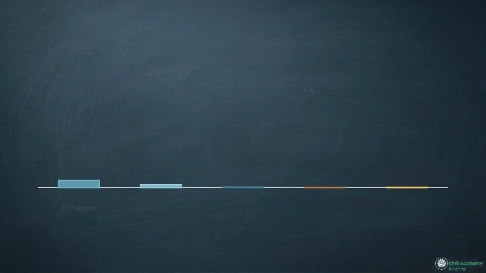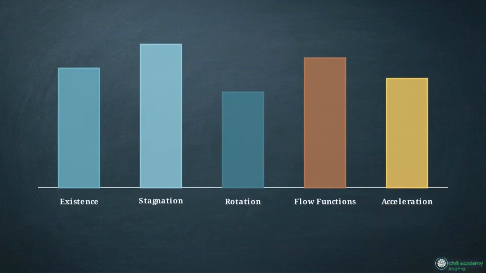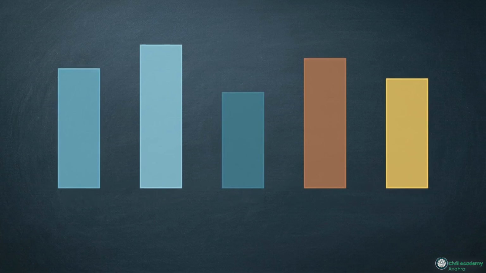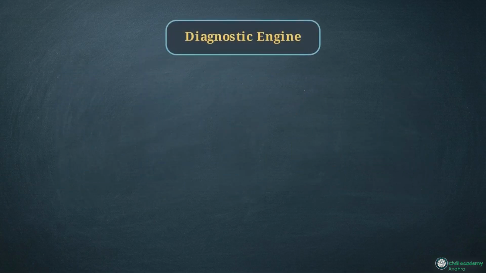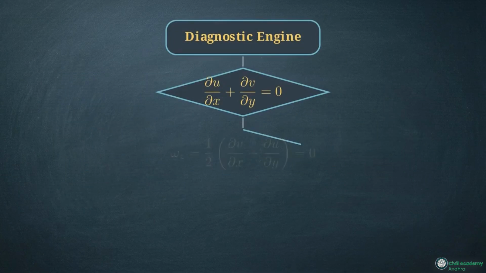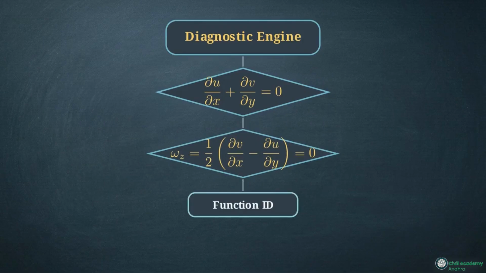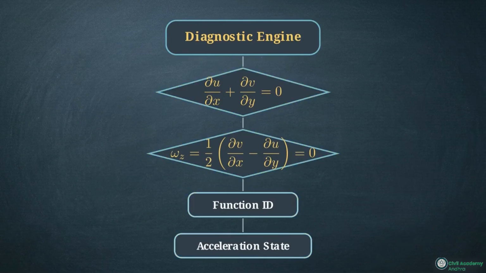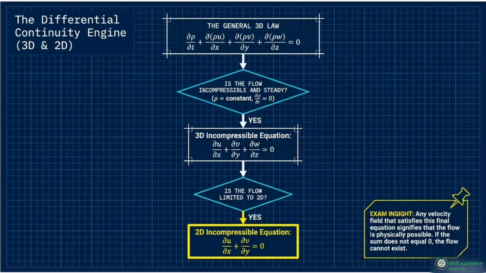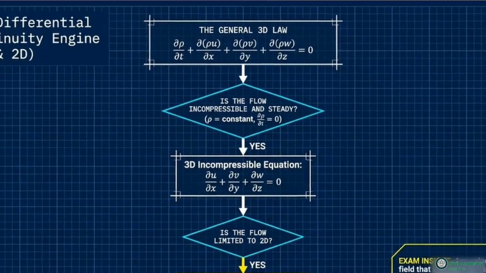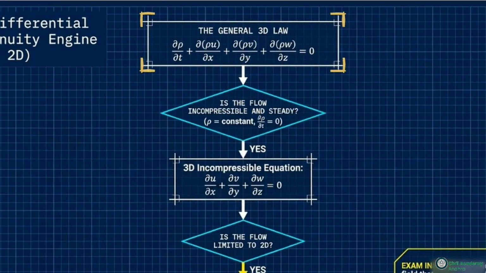To solve the 5 major model problems tested in APPSC, AEE, and GATE exams, we are going to build a diagnostic engine. This engine is a step-by-step testing sequence that classifies any flow field you encounter. This flowchart outlines the first diagnostic test: flow existence. Because matter cannot be created or destroyed, any physically possible fluid flow must satisfy the mass conservation principle, known mathematically